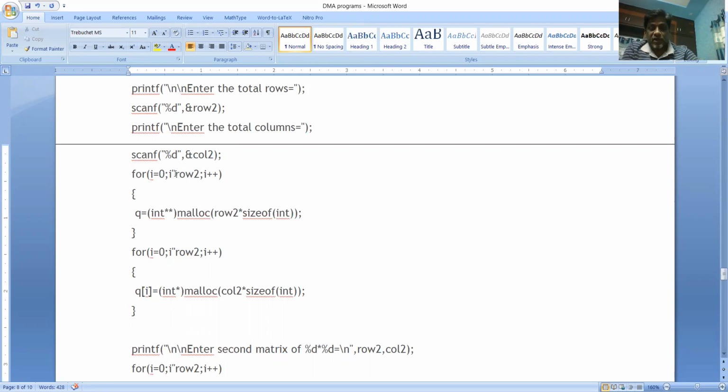And a for loop for allocating the memory, again just like what we did in the first matrix memory allocation. Q is equals to, just the name is changed here, Q is equals to int star star malloc of row 2 into size of int. So these many pointers need to be created for Q. So now this is allotted with the array of pointers, which is equal to the specified number of rows for the second matrix.